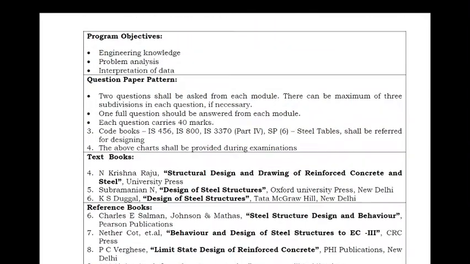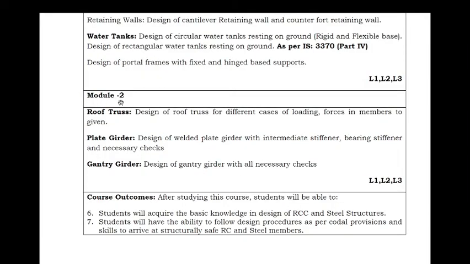Module 2 is totally the design of steel structure. In the previous semester you studied a subject called design of steel structural elements, that is 17CV62. In that subject you learnt about the design of steel structure. So let us discuss a bit of the prerequisites of this subject before starting.